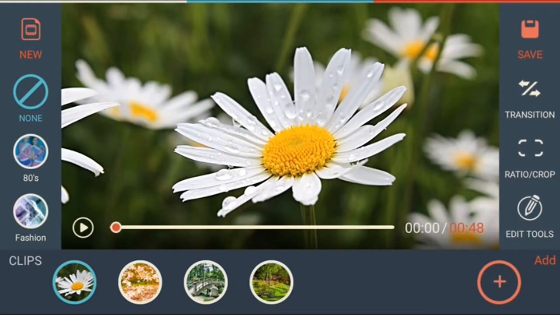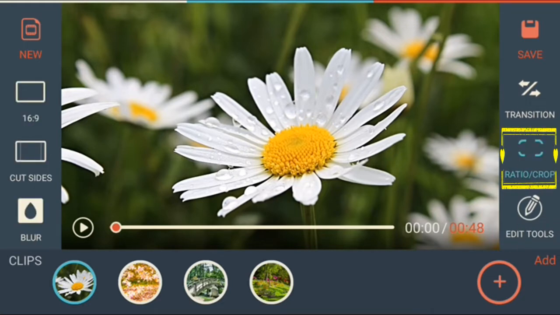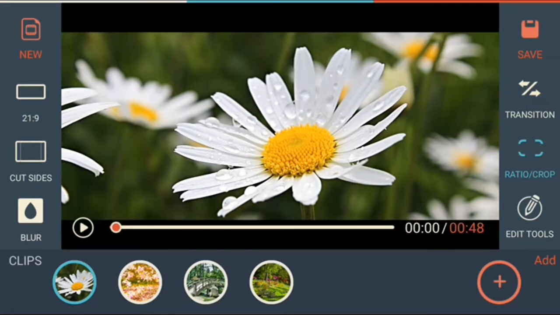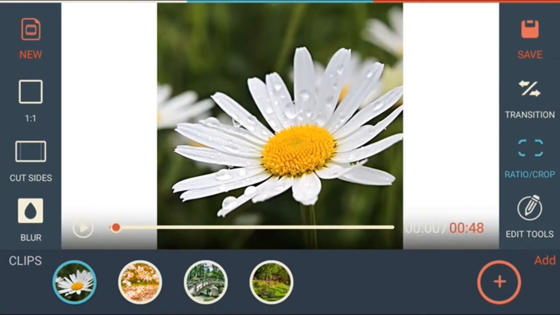Now coming to the ratio or crop, 16:9, cut sides, blur are the options that you can apply on this video clip. For example, clicking on 16:9, now it is saying 21:9 and next 1:1.